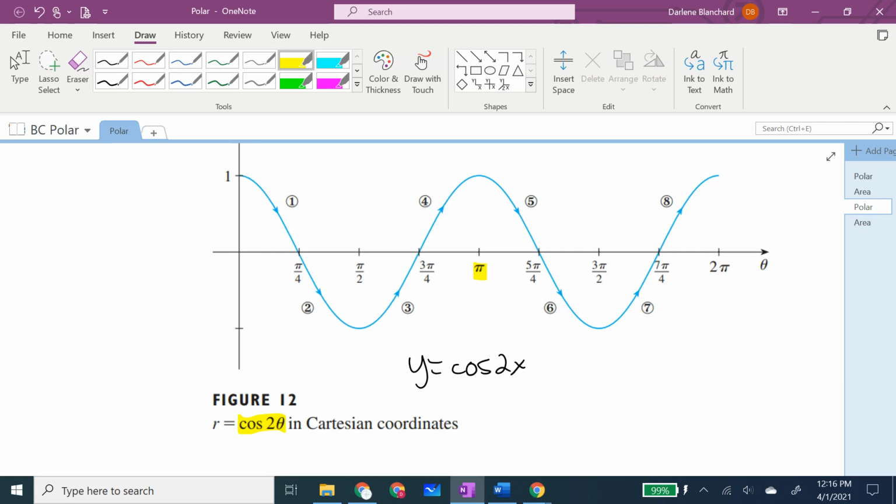And you can draw as many cycles as you want with that graph, but now let's talk about what that is going to create as I draw a polar curve. And I'm going to tell you that, well, you know what? I'm going to go with the way the textbook is drawing it. Should I? No, I'm going to go my way. Haha. So I personally have a preference because I find it easier to draw one loop at a time. So if I back up to negative pi over 4, then when I start drawing on a grid,